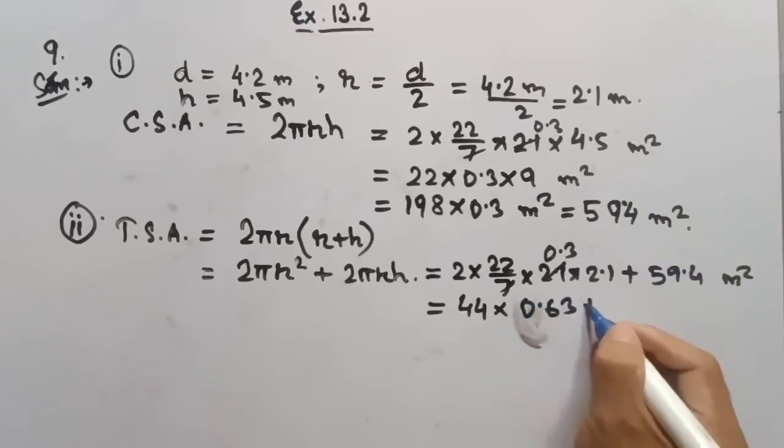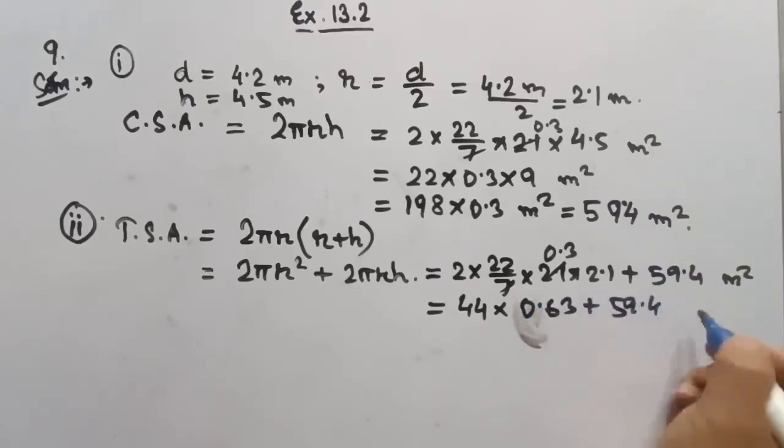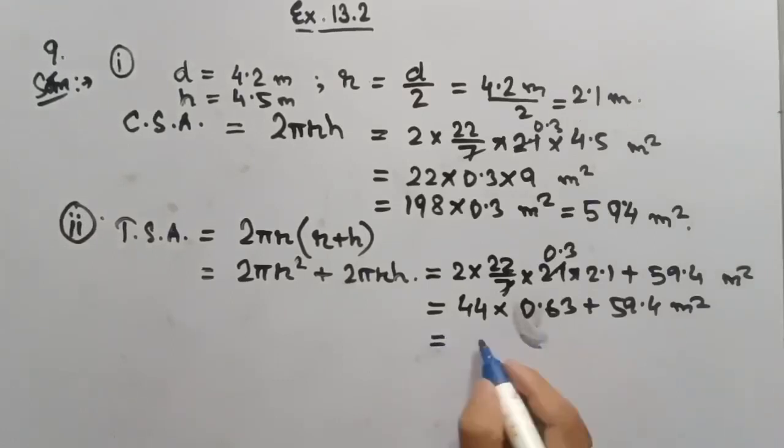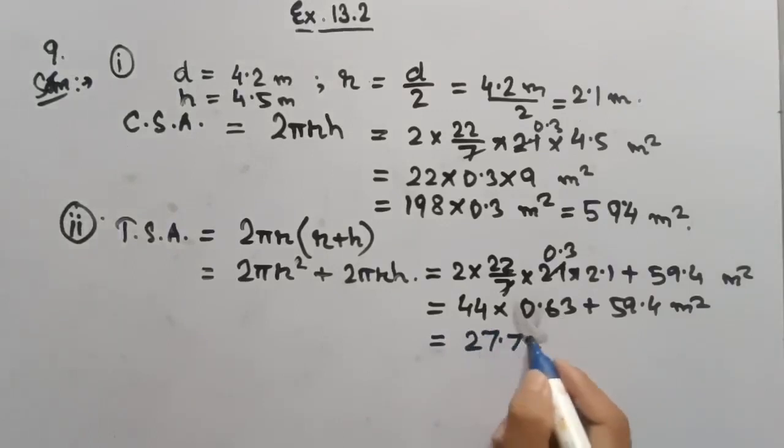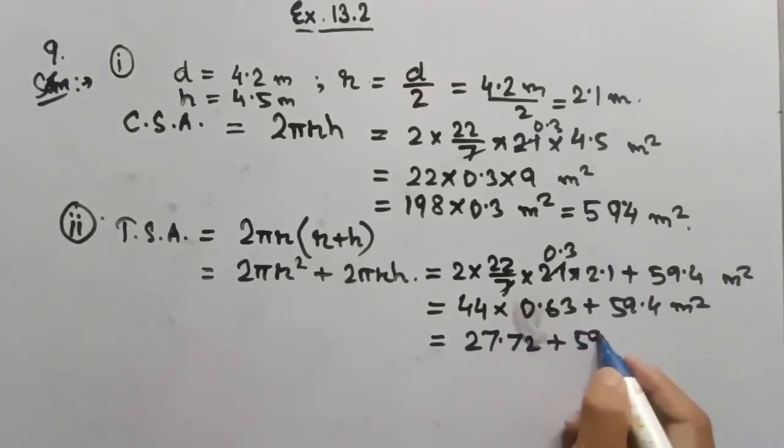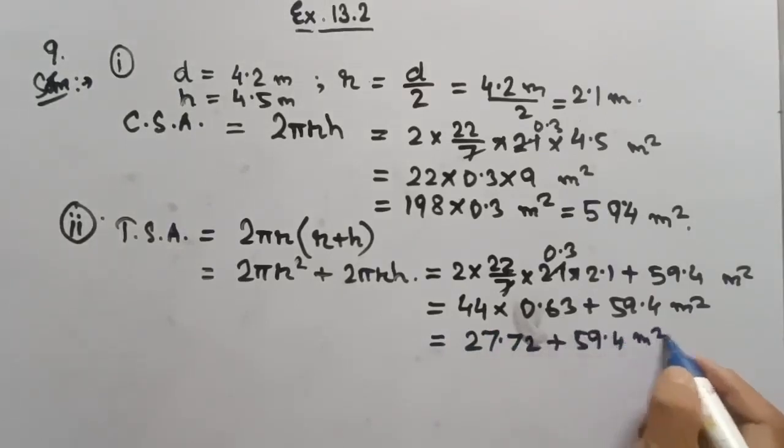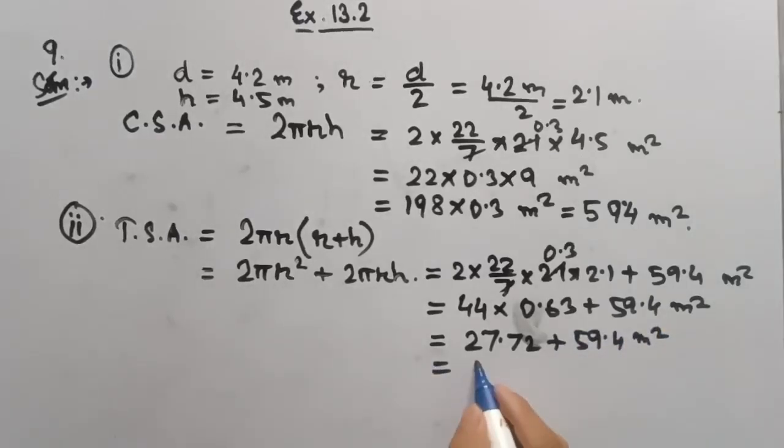0.63 plus 59.4 meter square. This is equal to 44 times 0.63, which is 27.72, plus 59.4 meter square, equal to 87.12 meter square. So the total surface area of the storage tank is 87.12 meter square, but we are to